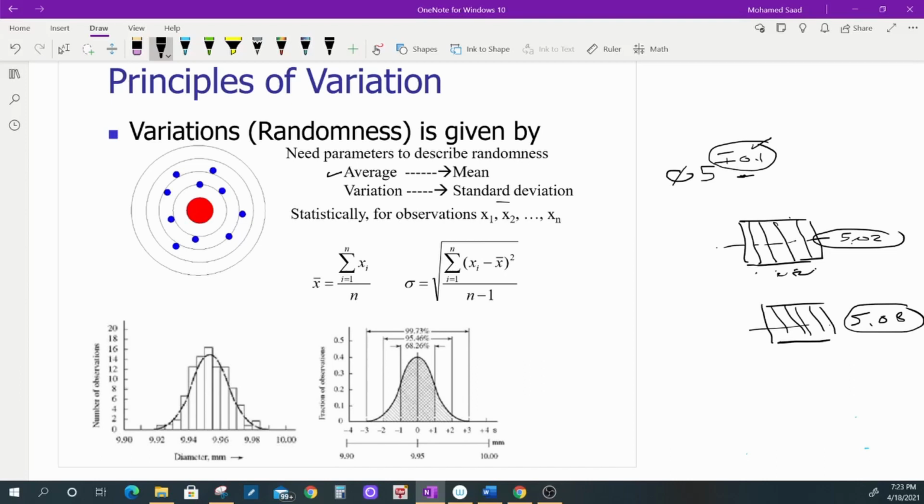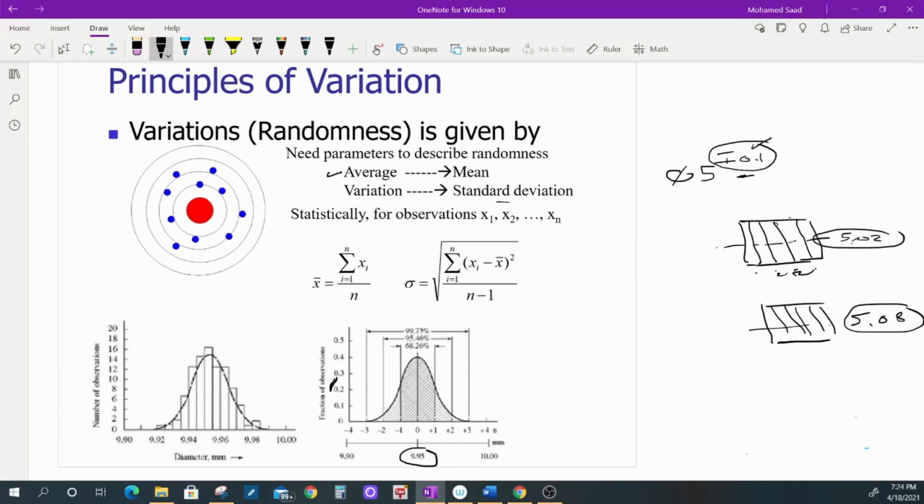So for example, if you look here, this represents the diameter of maybe 100 pieces of the part that you took as a sample, and you measured the diameter and plotted it on the horizontal axis, and the count or the frequency